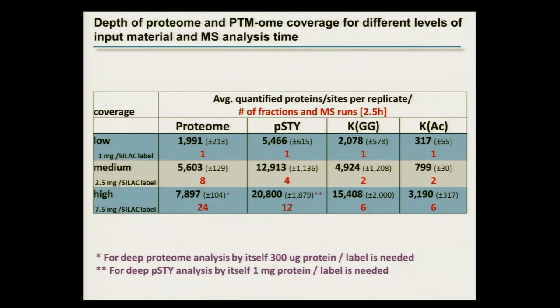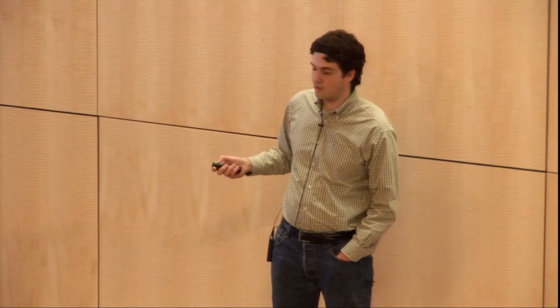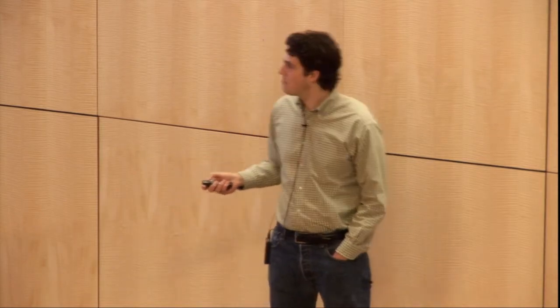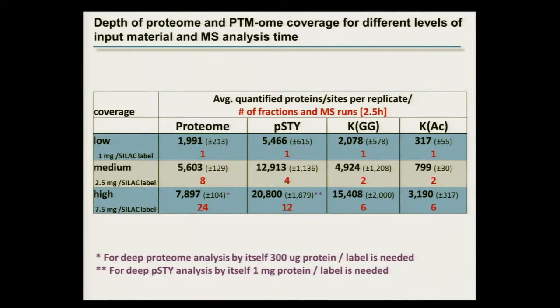We also wanted to find out how much measurement time, or what coverage, we get with less measurement time. For example, for the proteome analysis, we dropped it down to 20 hours of measurement time, and still got 5,600 proteins. So this is interesting if you want to analyze more different biological samples with a higher throughput. So you could drop your coverage on the proteome level and instead measure, for example, 3 times as many samples,